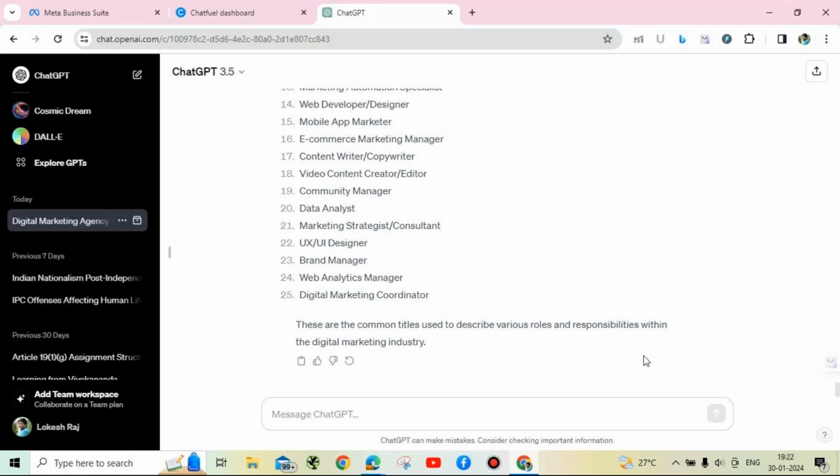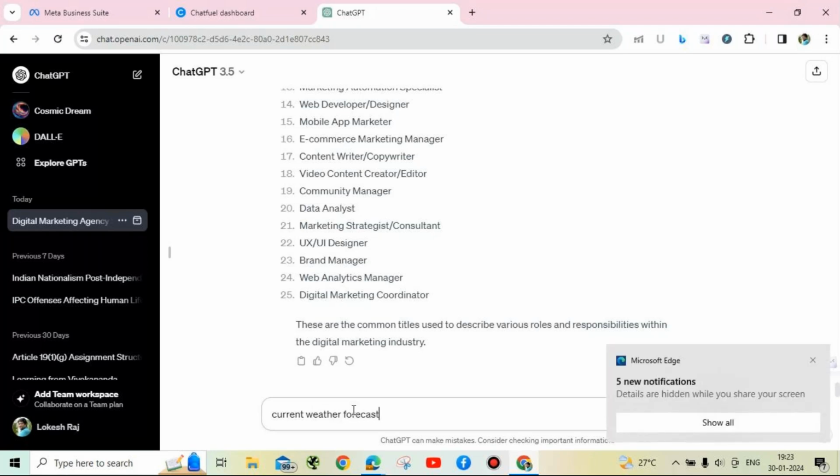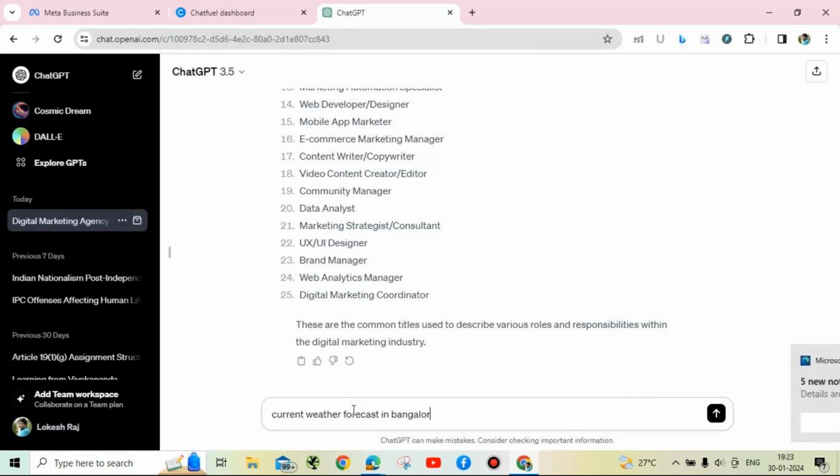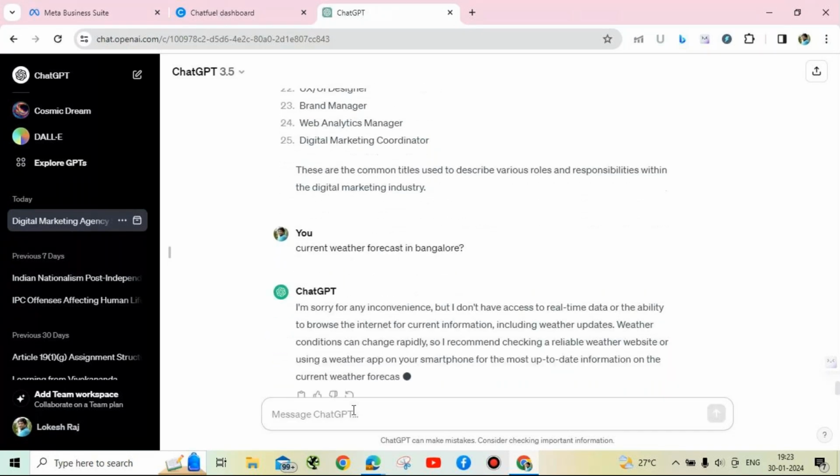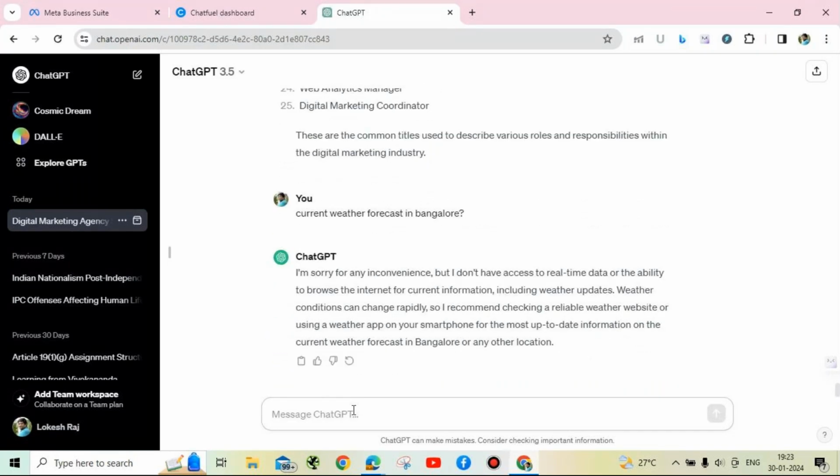So suppose you ask the question, current weather in Bangalore. It says, I'm sorry for the inconvenience, the real time update is not accessible. Okay. So this is going to be the difference